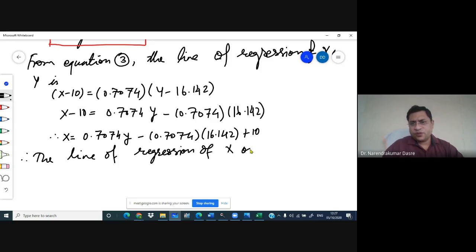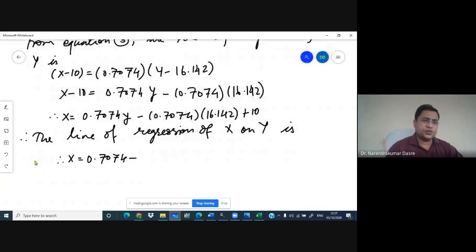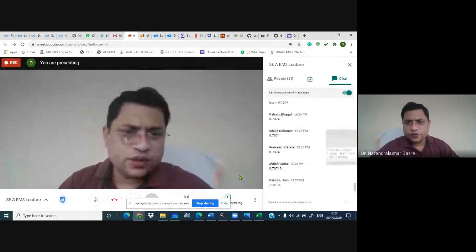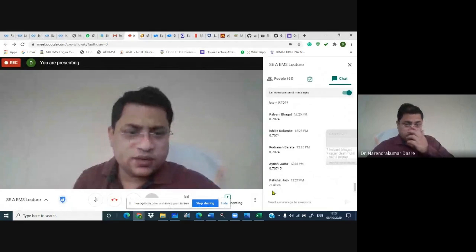regression of x on y is, so you got x is equal to 0.7074. Now give me this value, whether it is going to be positive or negative. So what is the value you got for the question? Minus